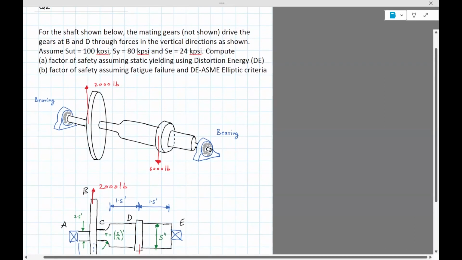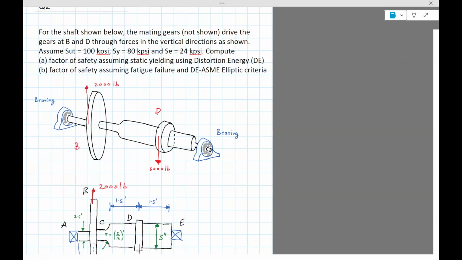For the shaft shown below, the mating gears not shown drive the gears B and D. B is this one, and D is this one. So forces in the vertical direction as shown. Assume SUT is 100 kpsi, SY is 80 kpsi, SE is 24 kpsi. Compute the factor of safety, assuming static yielding using distortion energy, and factor of safety assuming fatigue failure,